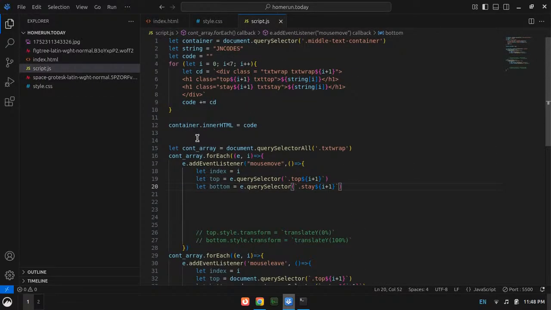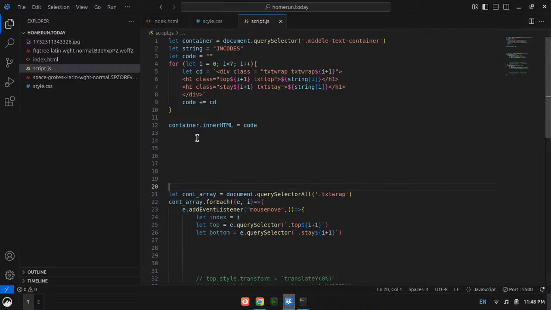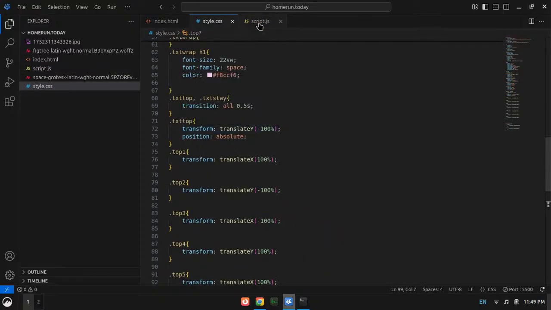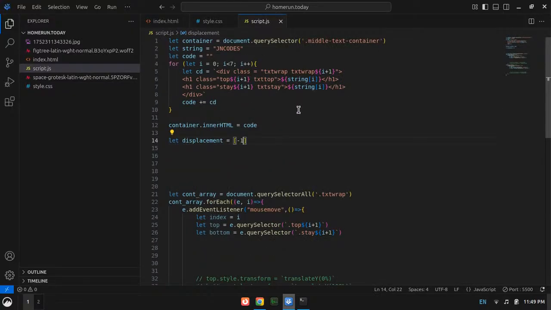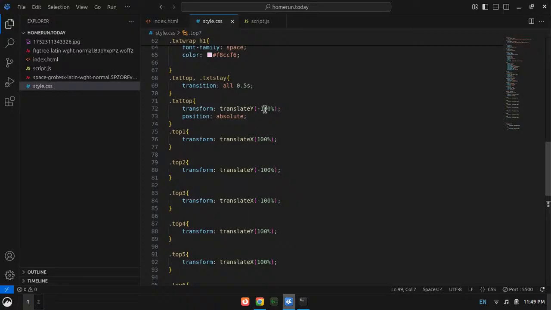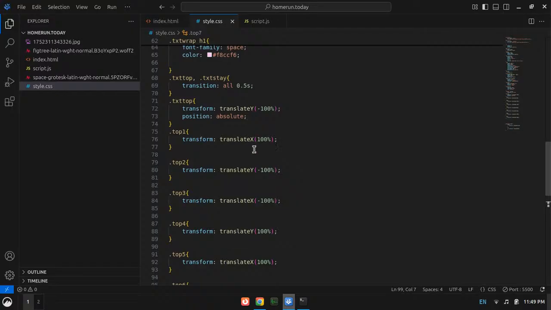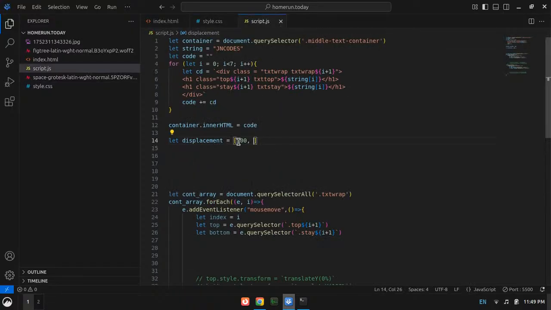Let displacement equal to an empty array. Then what are going to be the values? Then it would be -100, then sorry, not -100, it starts from 100. It will be 100. It even has some XY issues, so how can I tackle that?